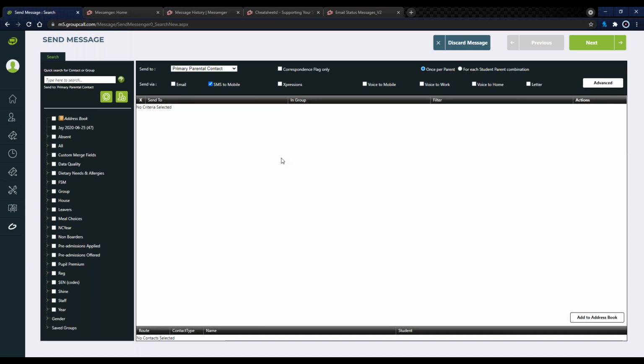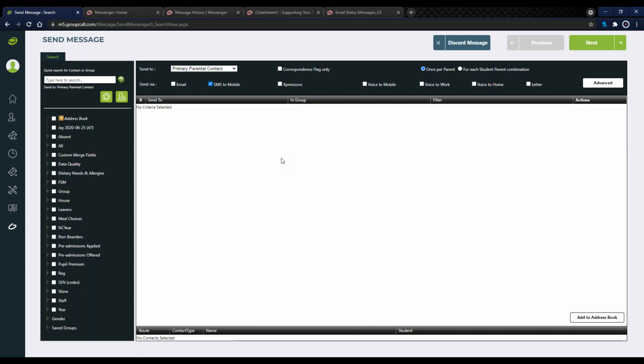So when you are checking for missing data in your MIS, each management system that we link with, we are looking for generally the same sort of thing. As an example, SIMS is a very common MIS that a lot of our customers use. In SIMS, we're looking for things like parental responsibility. That's a key one across all MIS systems, making sure that the parents you've entered into the MIS have parental responsibility, and that the mobile number is stored in the correct place within SIMS or in any